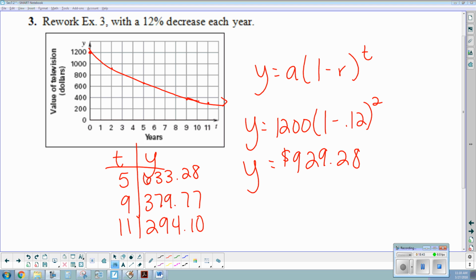And if you're looking for how many years it's going to take to reach about $300, so when your y value is about $300, your time is somewhere in this range. So sometime between 10 and 11